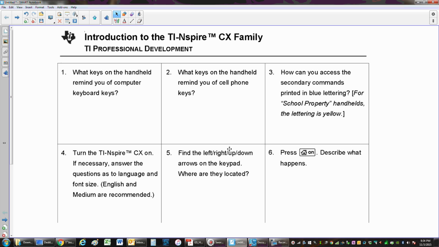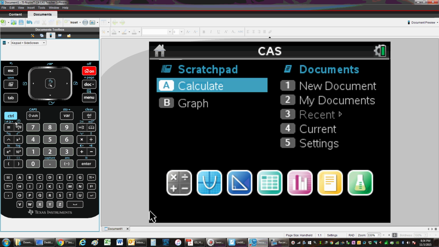So what keys remind us of the computer keys? If we look at this thing, maybe we've got an on button, we've got an escape button, we've got a tab button, we've got a control, shift. And these do pretty much the same things your computer might do. Shift's going to let us use caps. Tab's going to bounce you around on the screen. And